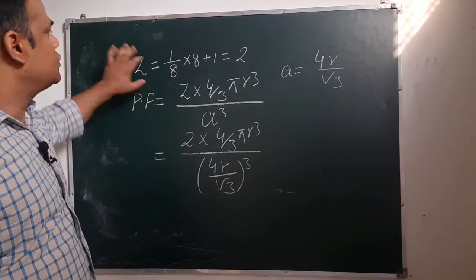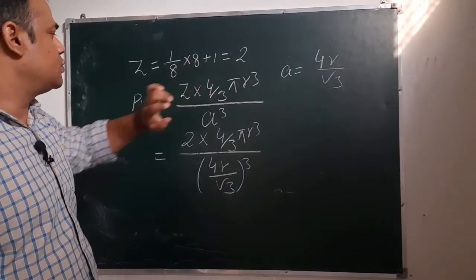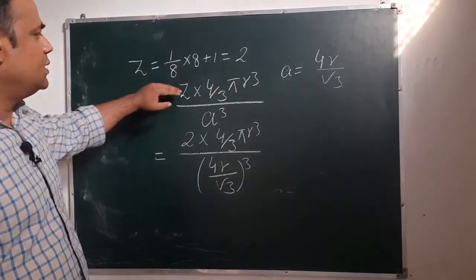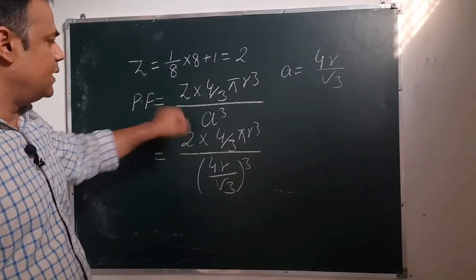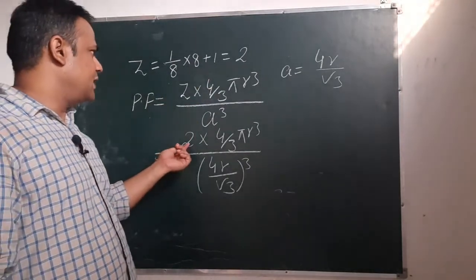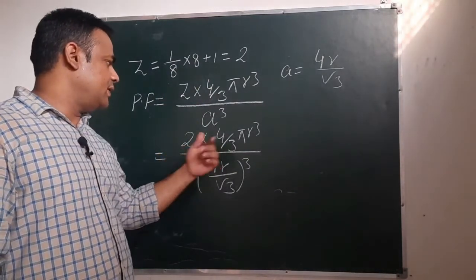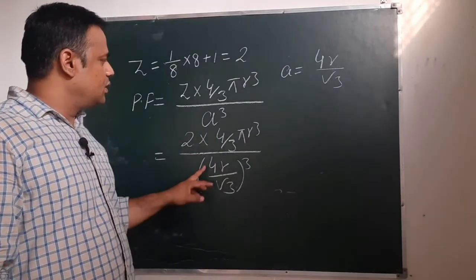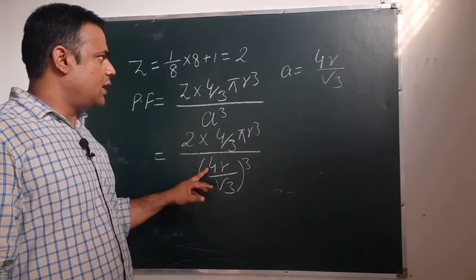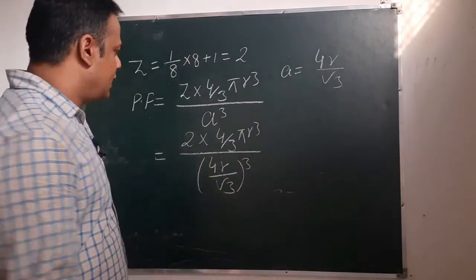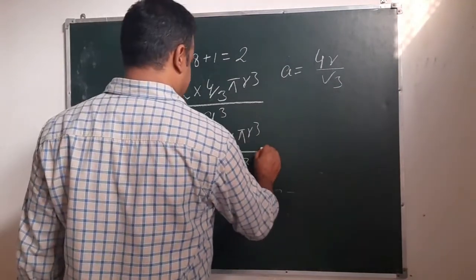Packing fraction will be Z into 4 by 3 pi r cube by a cube. In place of Z we will place 2 into 4 by 3 pi r cube, and a will be equal to (4r by root 3) whole cube, and if we solve this one, we will have